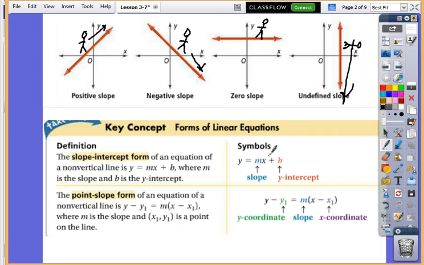The coordinates of the points: the x represents the lefty-righty, and the y represents the uppy-downy. So we're going to be writing these equations. And when you solve these equations for x and y, you get a pair of numbers that would fall somewhere on that line. And there are infinitely many correct solutions to this